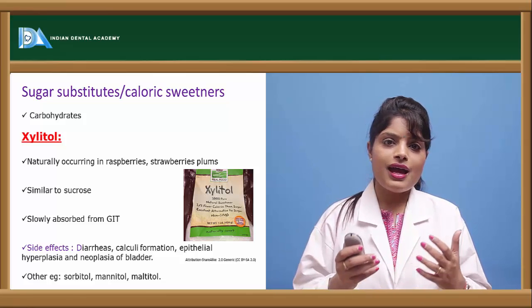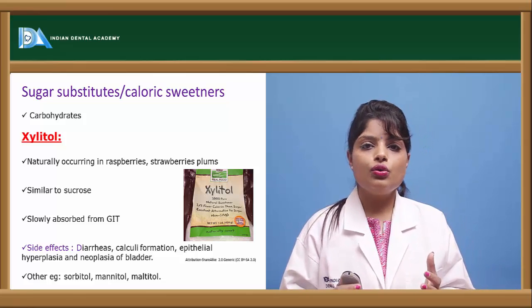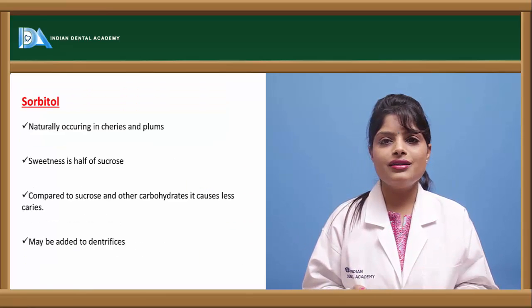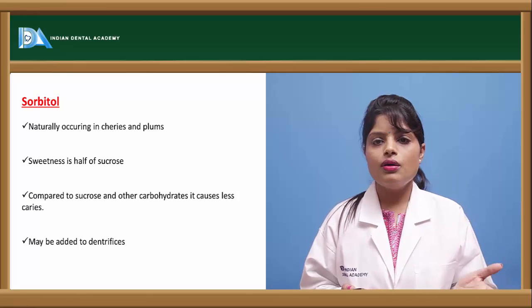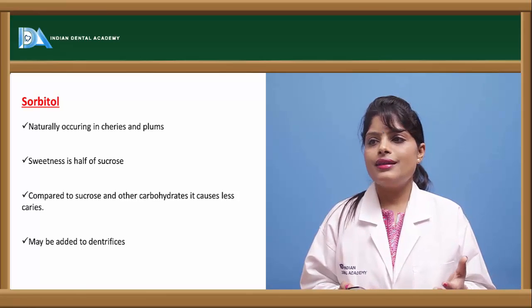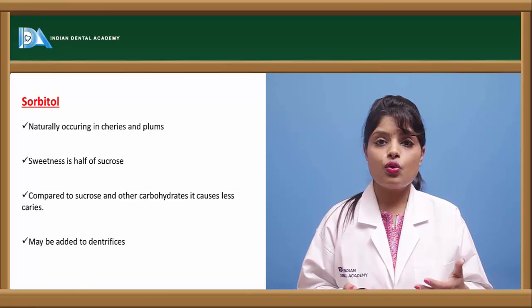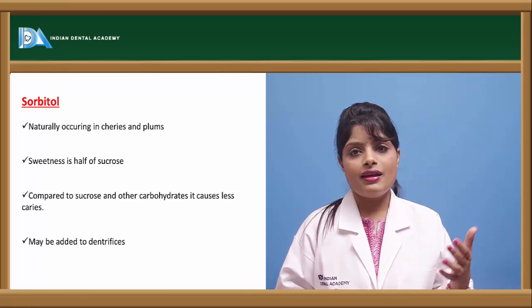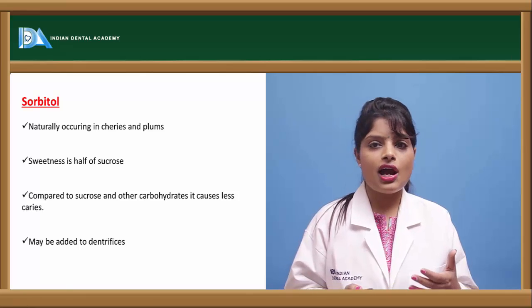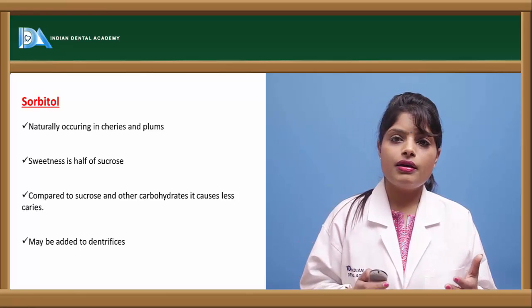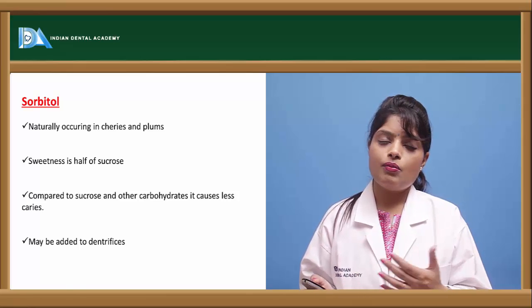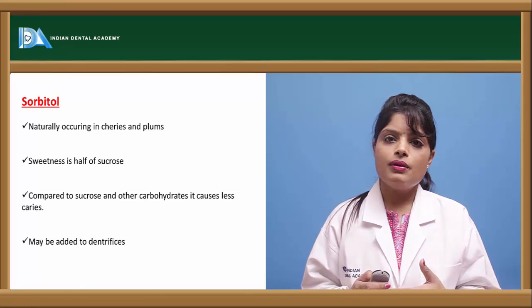They prevent the adhesion of the bacteria to the tooth surface. And sorbitol is another naturally occurring sugar, but it is less sweet than sucrose. Sucrose is one of the most reducing sugars present in the diet, and if it is substituted by such artificial sweeteners, the caries level may fall or decline, and they are more used in caries-prone individuals as we